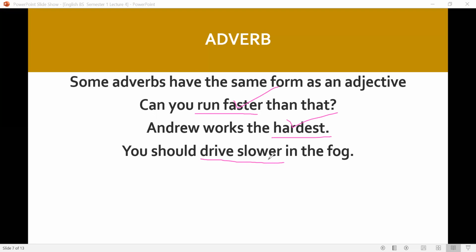Now you may be confused between adverb and adjective, but always keep in mind the place of the word to assign that word a name of adverb or an adjective. If that word is explaining the noun, that is an adjective. If that word is explaining the verb or adjective or some other adverb, then that word will be an adverb.